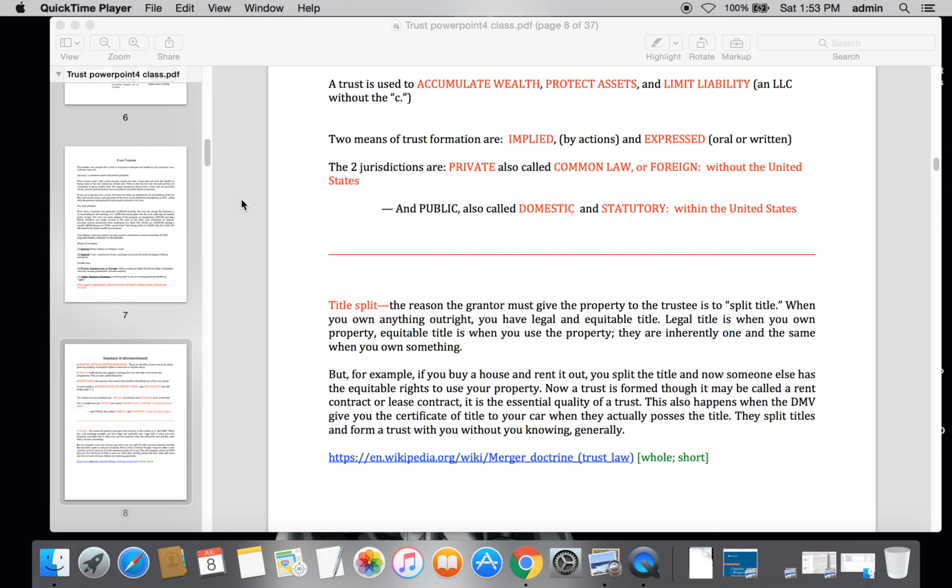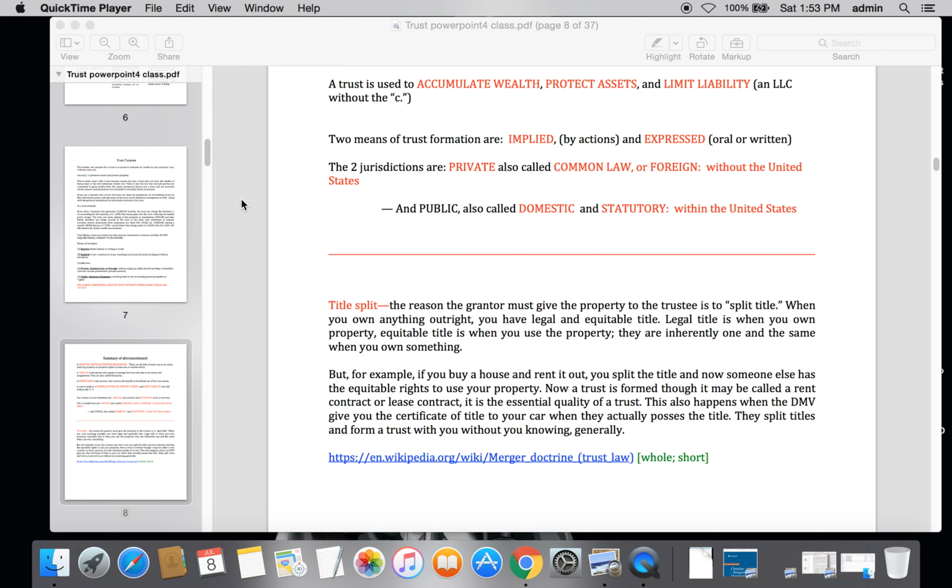And it is called a rent contract or a lease contract, rental agreement, whatever the case may be. That is the trust. And whatever provisions you have on that rental lease to let them know what they can and cannot do, those are the indentures. All right, so this should be coming clearer and clearer as we go along.